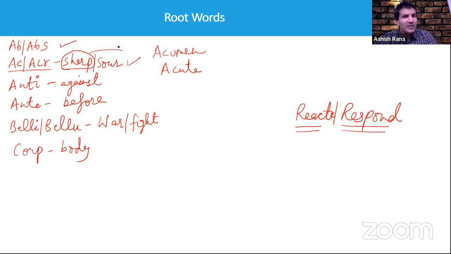So acrimonious, right? Acerbic. A lot of times they will give a passage and they will say the author's tone may be very negative, right? And very sharp. So they may say, what is the tone of the author? And one of the options is, let's say, acrimonious. Now if you don't know the meaning of that particular word, how will you mark that option, right? You cannot. So therefore, if you know ACR, this has come from this root sharp or sour, it means negative, right? Pungent, acidic. Okay, excellent.